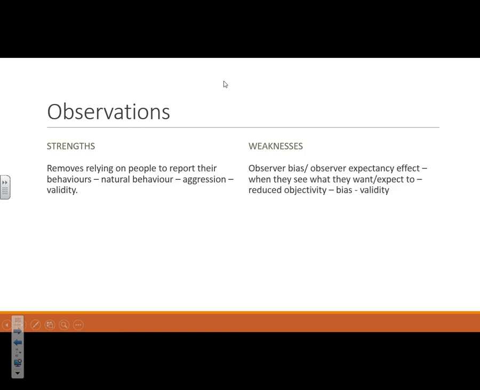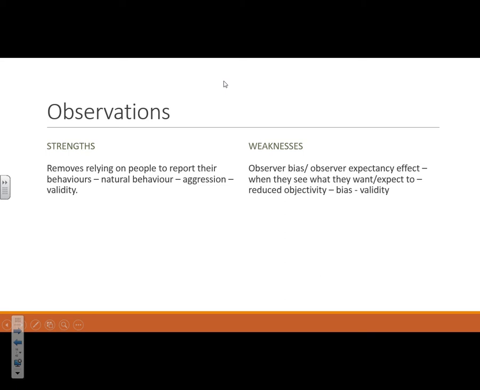Weaknesses, you do get observer bias or observer expectancy effect. Observer bias is where they see what they want to, so if it fits with their hypothesis, or what they expect to see. For example, the example I use all the time, if we're looking at aggression between the genders, between boys and girls, we might see a girl putting her hand on somebody's arm might be construed as affectionate and gentle, whereas a boy touching another child's arm would be seen as